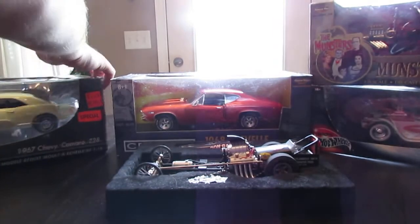And a lot of their stuff was super detailed. Like you can see how the window, if you look inside, the window buttons were actually done on these. So Auto Art and Kyosho are good. Their brands can be worth a lot. So there's that. So the next group,